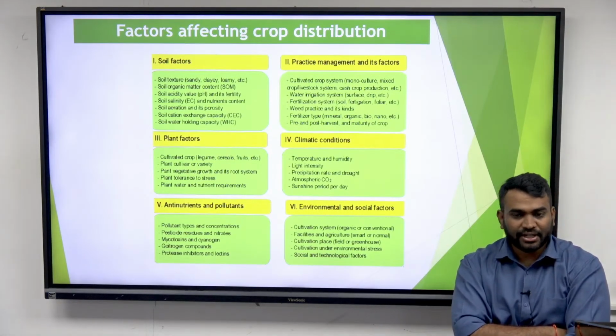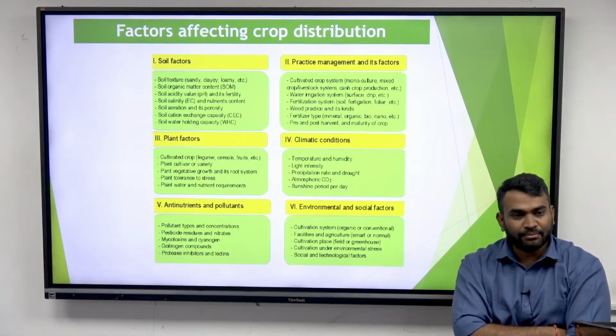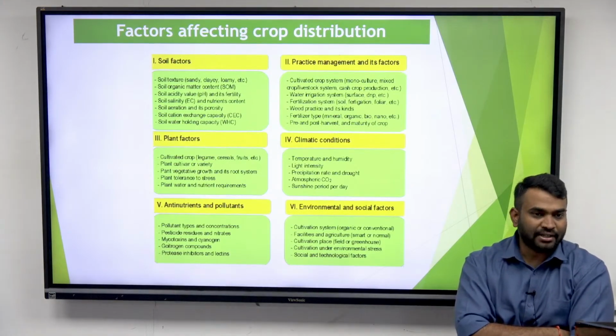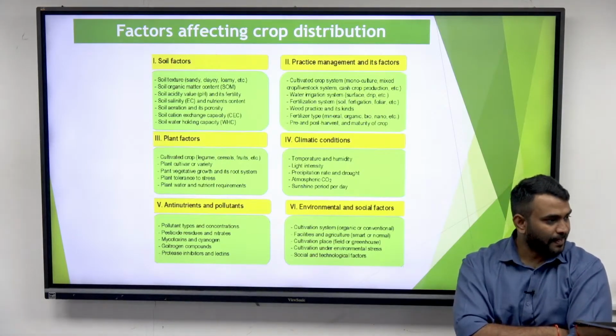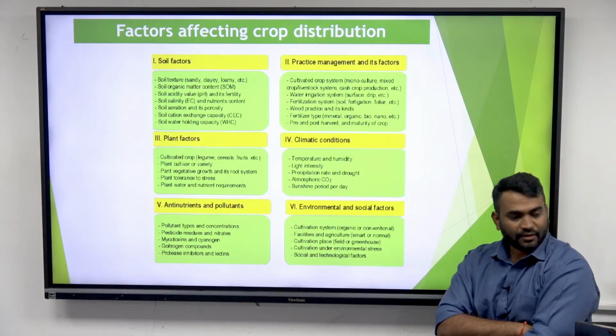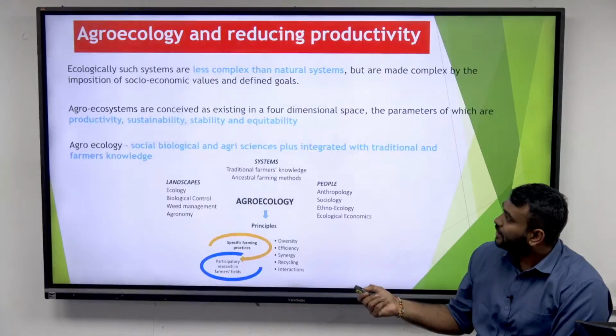So what I am trying to say is that in social factors, think of the social diet pattern of the people, food choices, festivals, fairs. All those things matter as social factors in how they impact crop distribution. Clear? Yes, everyone? Right. So this is about